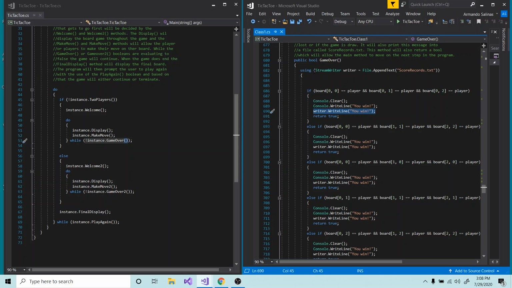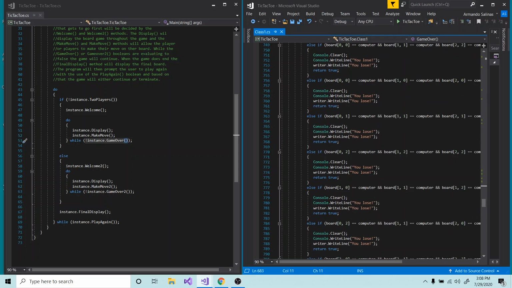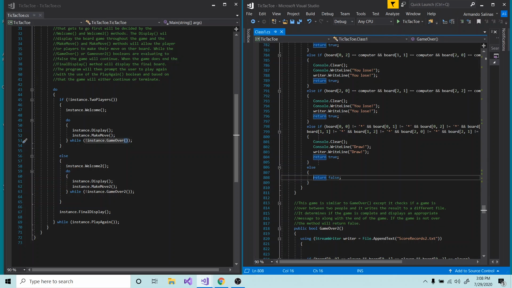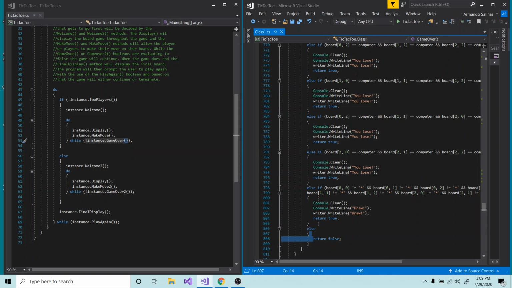Now I accomplished this by using StreamWriter, and it'll store the records in score records.txt within the project. Now, if the game is not over, the method will simply return false, and the while loop will keep running until the game is finally over. Once the game is over, and one of these if else statements is found to be true,